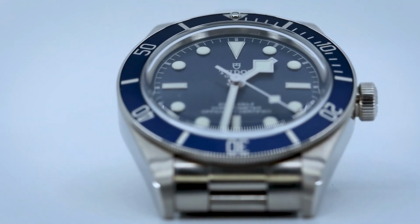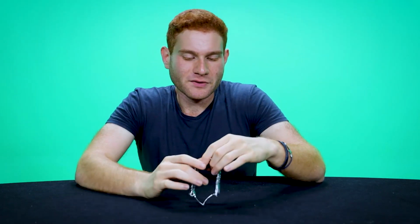And the particular one we have here is the blue face. Now, I like both the gilt dial and the blue face. I personally prefer blue because deep down, I really want Rolex to make a blue Submariner, and I think this is the closest thing we're gonna get to a blue Submariner from the Hans Wilsdorf Foundation. Of course we have the Smurf and stuff, but I mean it's steel. So it has the classic snowflake hands,